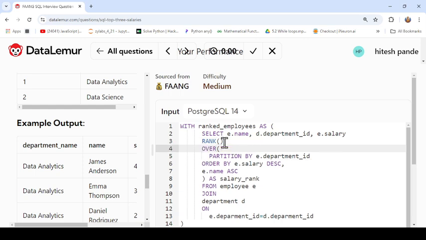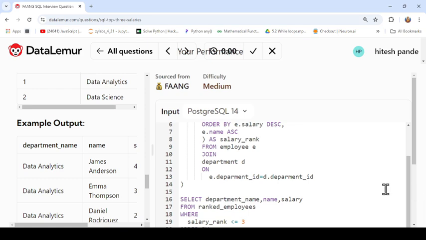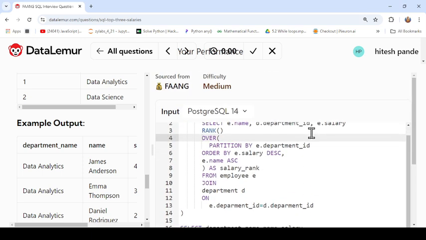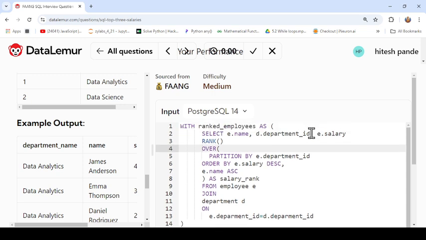But again we are getting some error. Wait for a moment, I have to check where the error is here. Okay, so I think